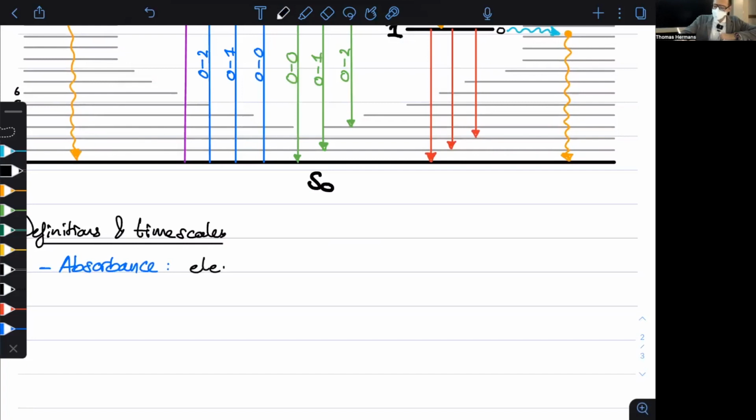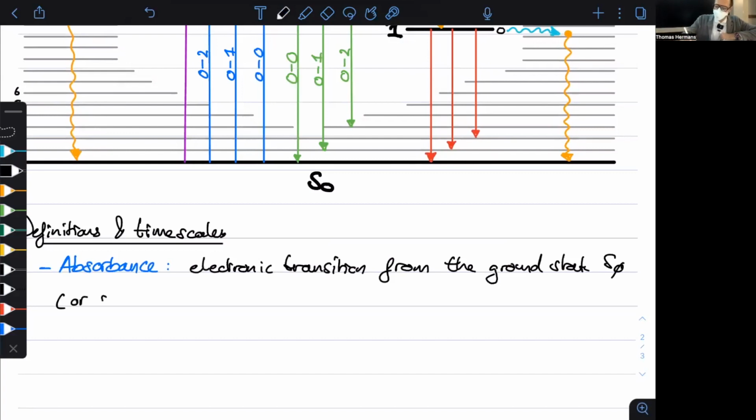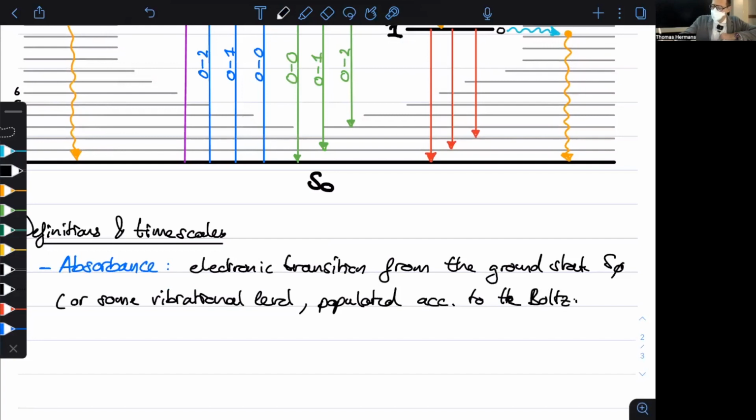So it's an electronic transition from the ground state S0 or some vibrational level, populated according to the Boltzmann distribution,